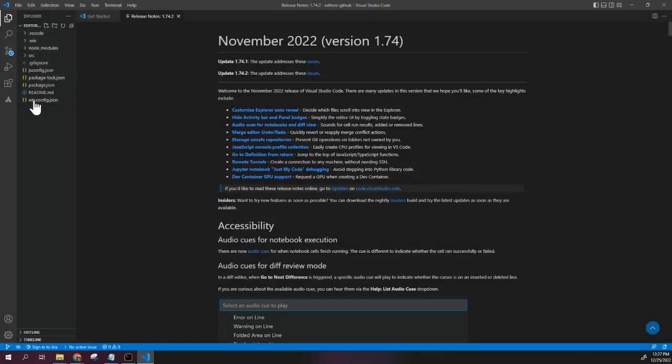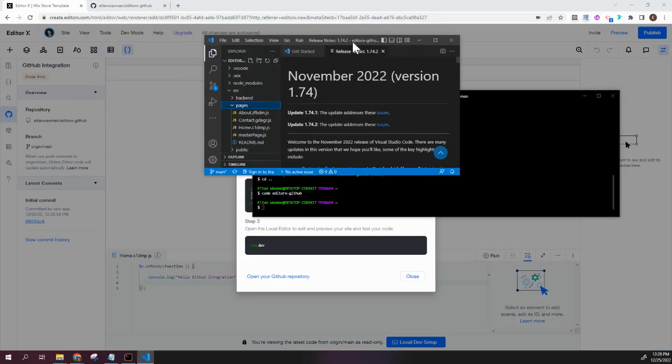And right here on the left, you can see all of the files for my Editor X website. What's really important to us is this source. And here you can see backend, pages, public. So these correspond to the files that you would usually have on a Wix website. So you have pages. So here you see about, contact, home, which corresponds to, if I just head back to the site,